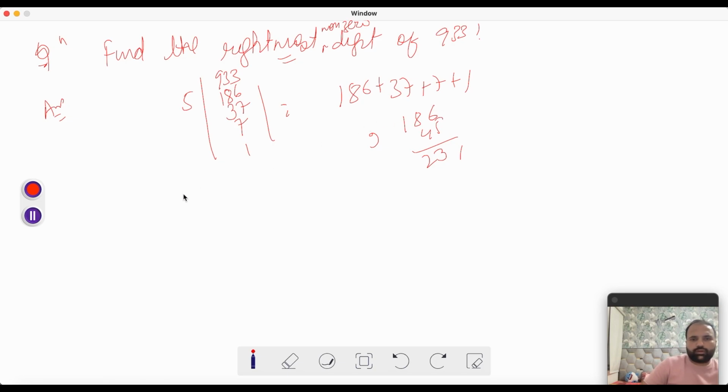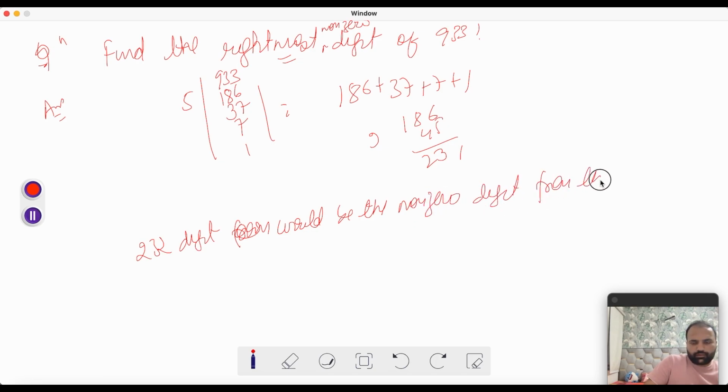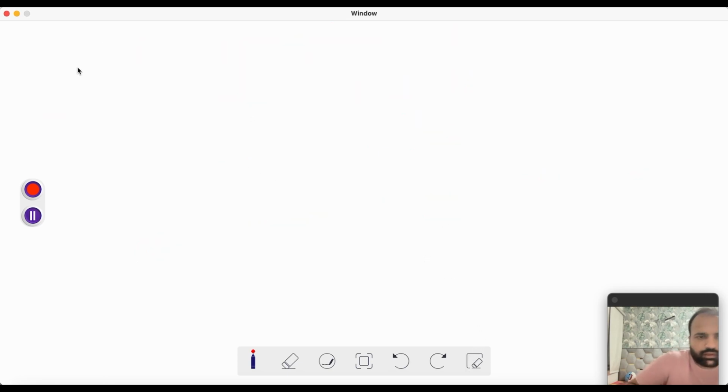So the 232 digit would be the non-zero digit from the right. Okay, in fact the question should be different. I'll just rephrase it. It should be: find the digit, whatever, which digit